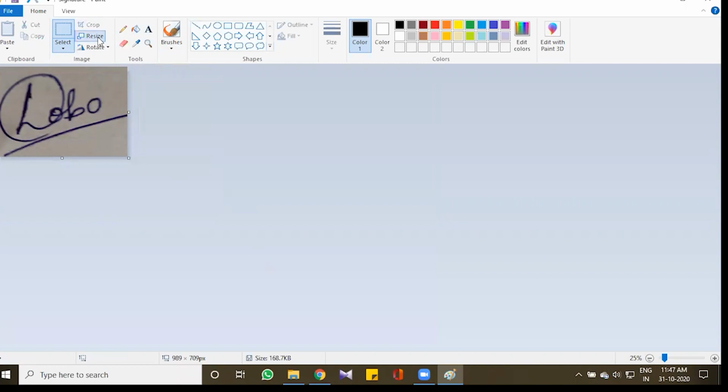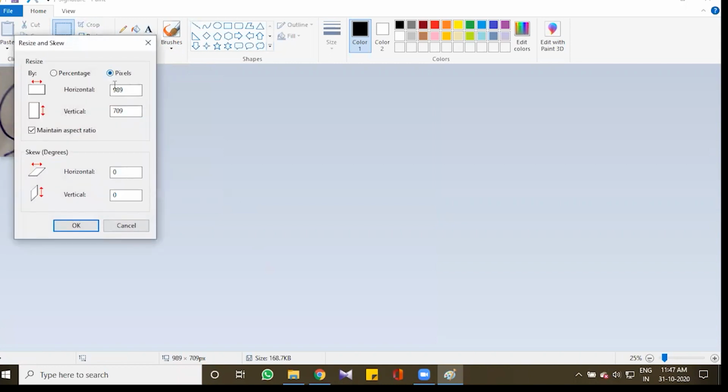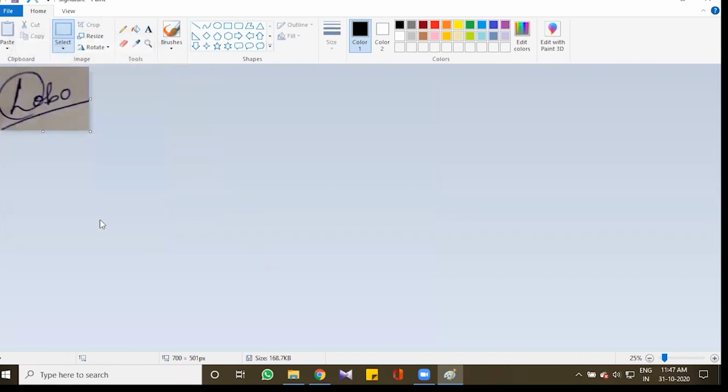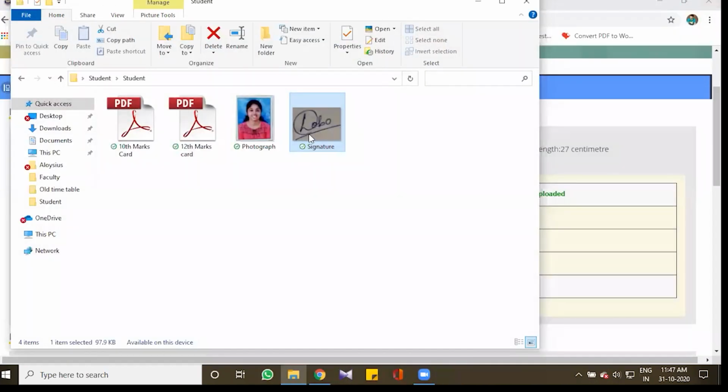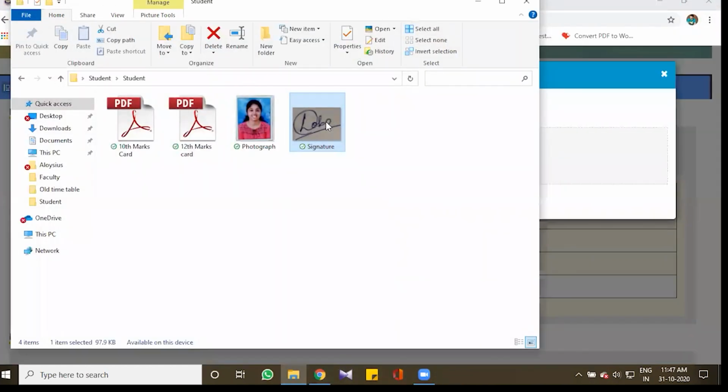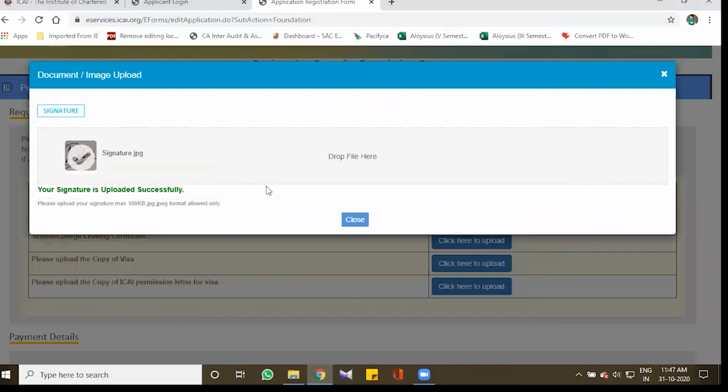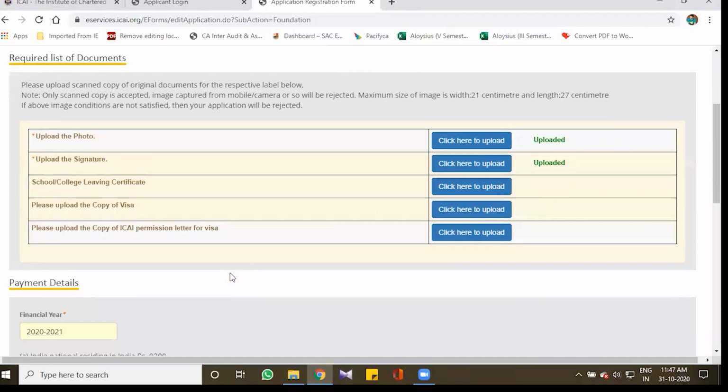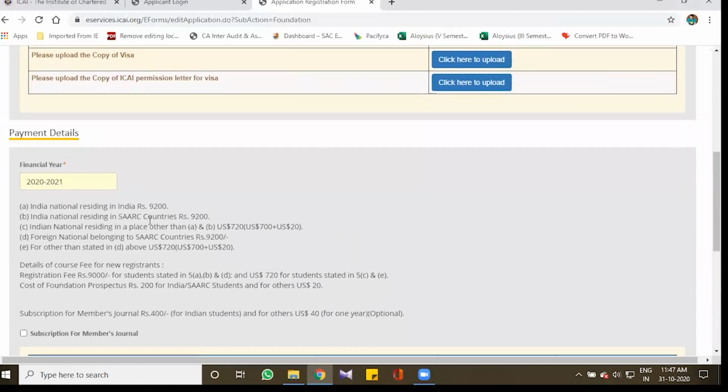It came down to 168. We'll resize with the pixels. It has come to 98 KB. So this is the required size. Once we are done with that, we have to move towards the payment.